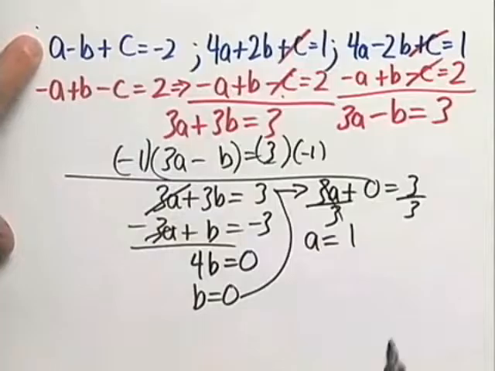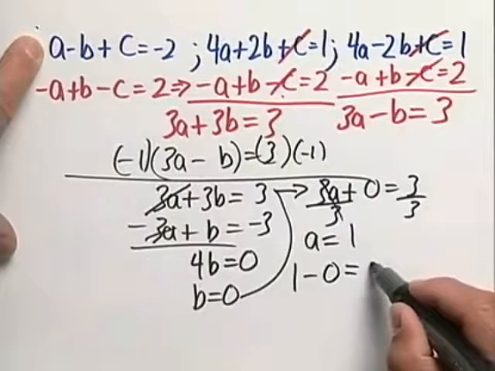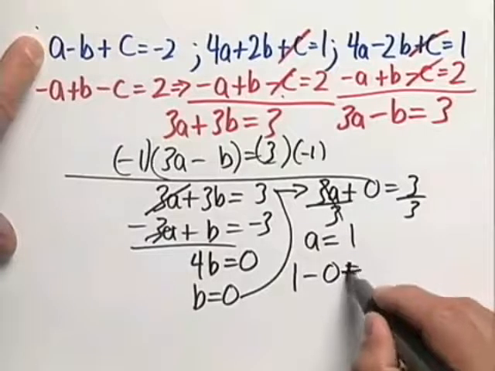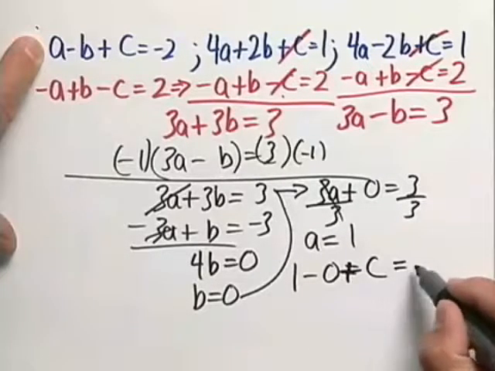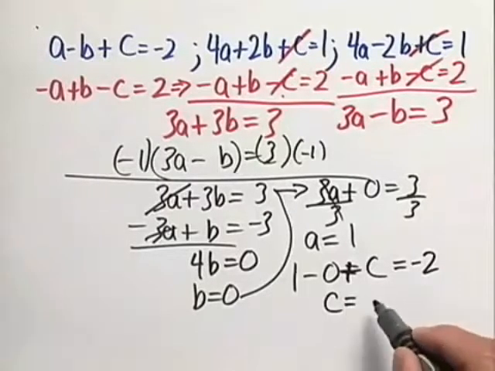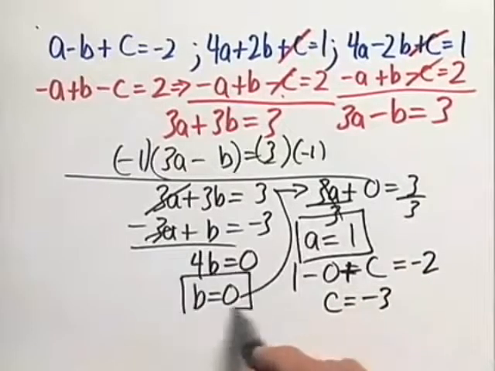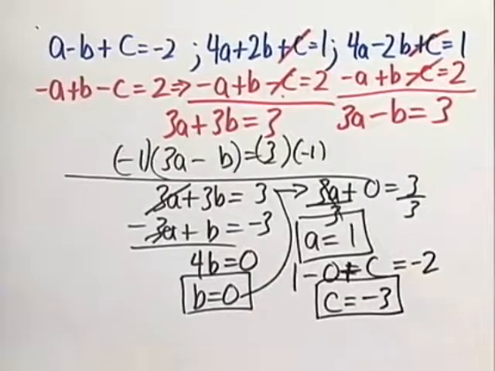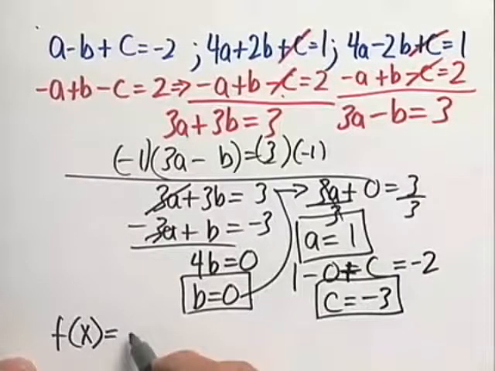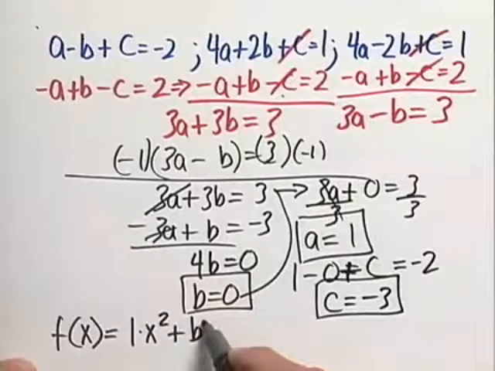I'm going to pick the first one here. We have 1 minus 0 plus c equals -2. Subtract 1 from both sides, and we obtain c is equal to -3. So we now have our coefficients a, b, and c respectively. Let's put that back into our standard function for a quadratic function. f(x) is equal to a, which is 1, times x squared, plus b, which is 0,